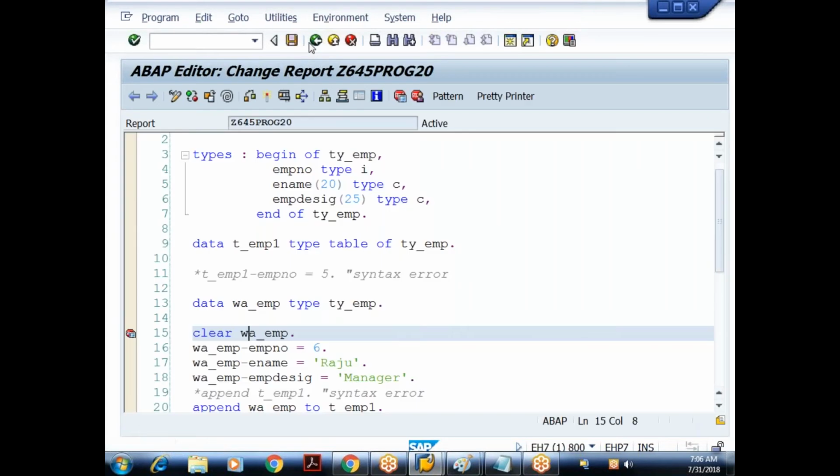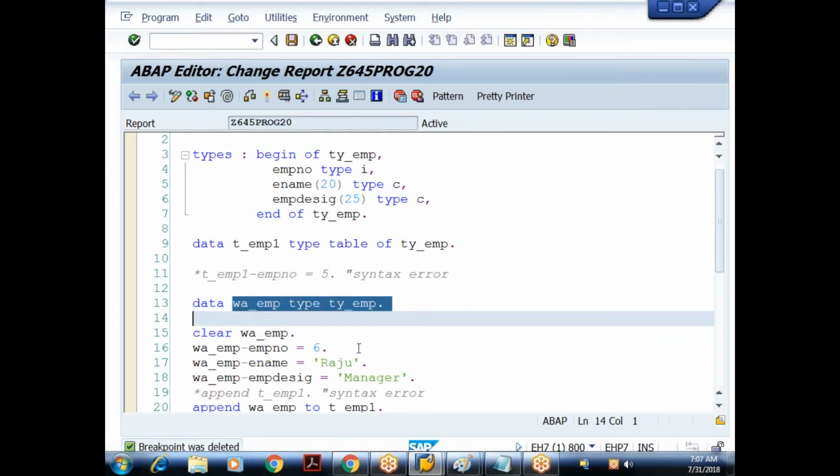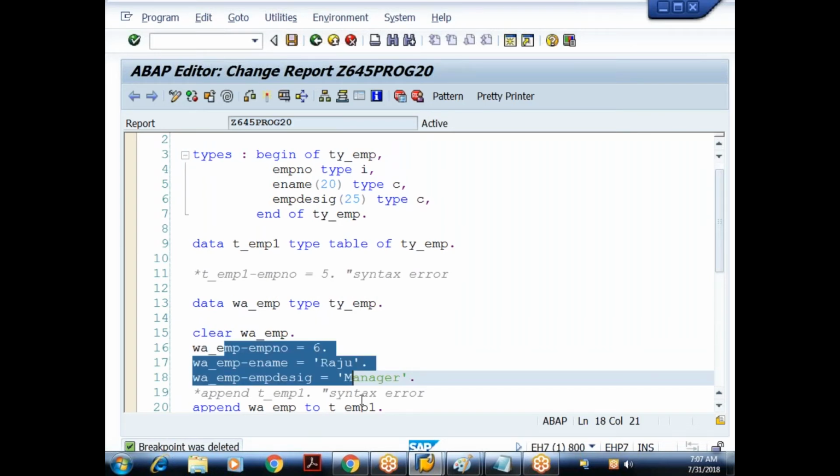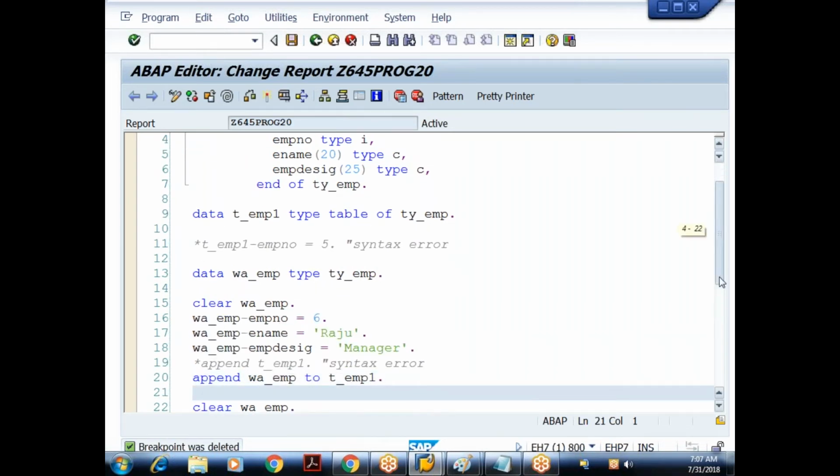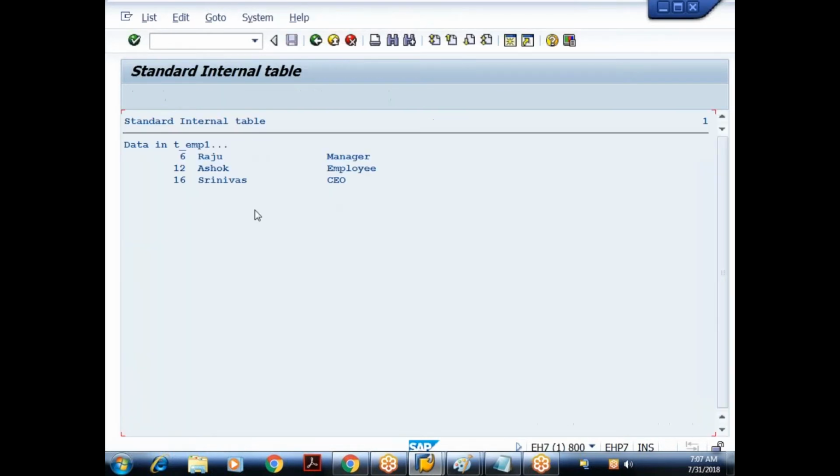So how is this program different from yesterday's cases? In yesterday's case, my internal table had its own default header. So when you do the assignment, the data is assigned to the header, and directly from the header we append it to the internal table using the plain append statement. But in this case, our internal table is without header. So in order to populate the data in the internal table, we must consider an explicit work area, explicit structure, explicit header. So I declared an explicit structure, a work area. Then first you assign the data to the work area, and from the work area we append it to the internal table. So I got the data, something like this.